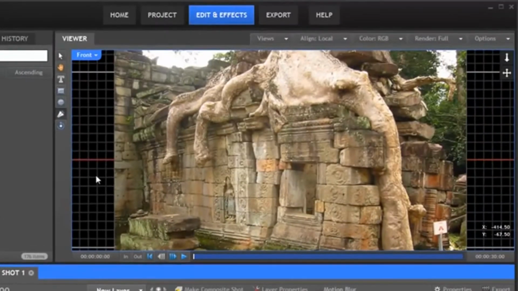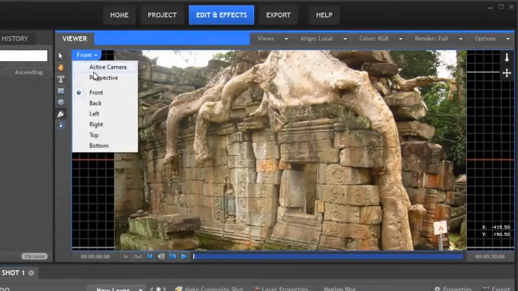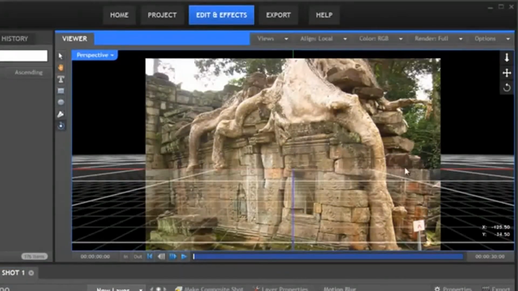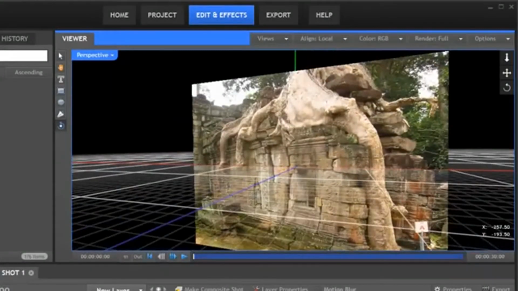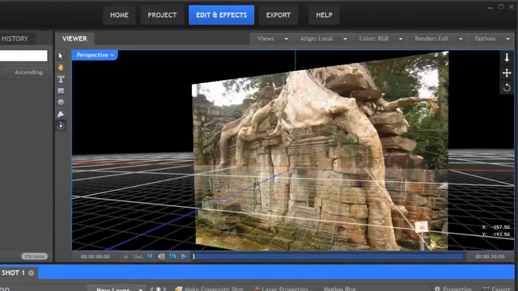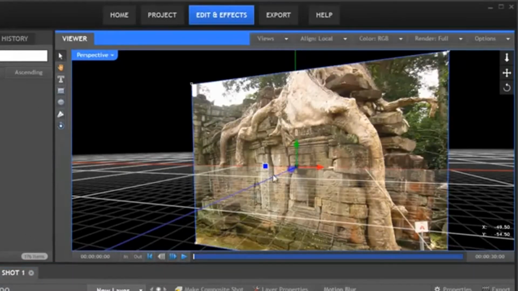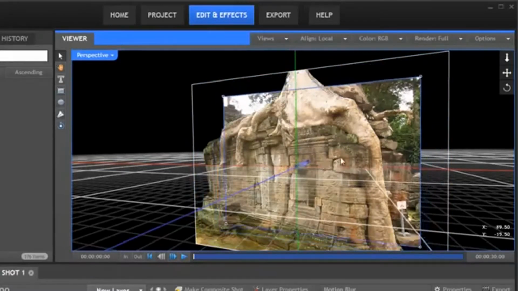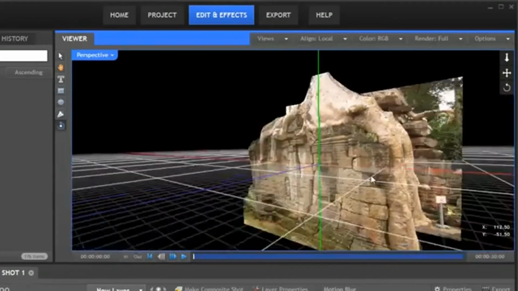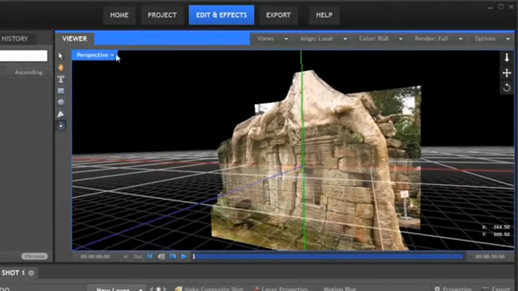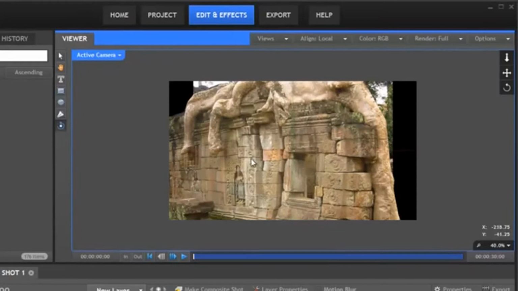So at the moment, both these layers are existing on exactly the same space. So if we switch to perspective view, you can see that it looks like there's actually just one layer, whereas in fact we have two. We've got the foreground and we've got the background. So let's take the background and push it back in space, like this. So now we've got the foreground and the background at slightly different depths. If we switch back to our active camera,